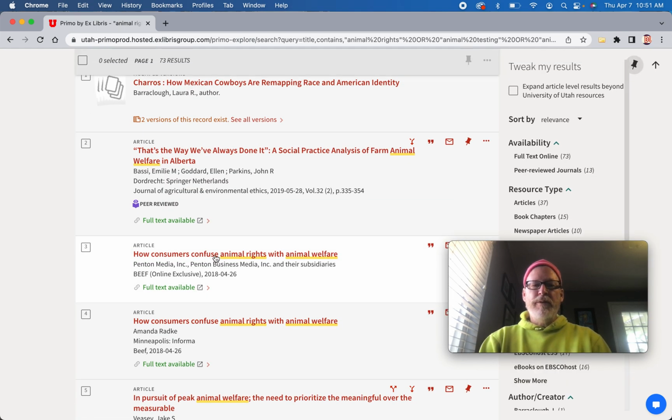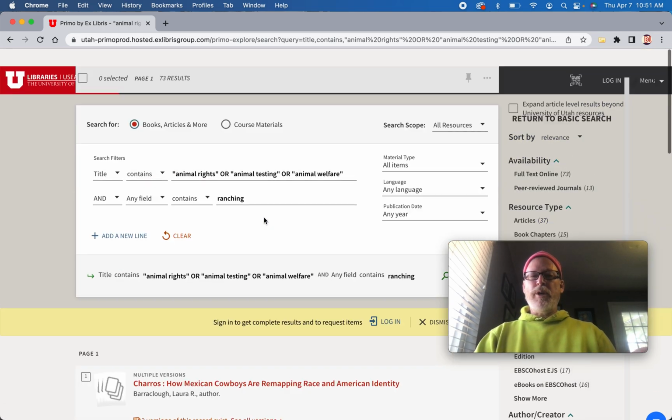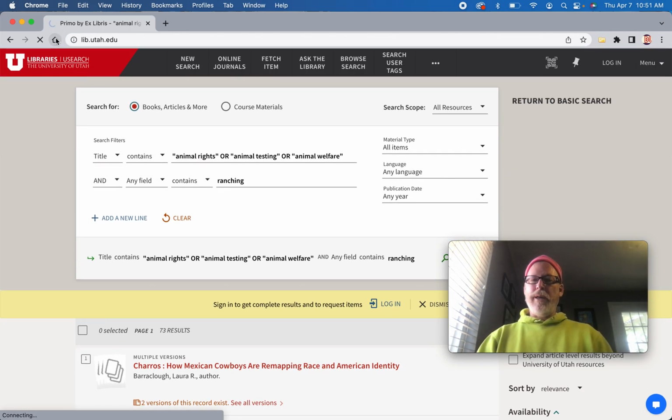How consumers confuse animal rights with animal welfare. So this is good, but the more keywords you put in... Let's go and try that in a database. Once you get a feel for the disciplines you're interested in, maybe